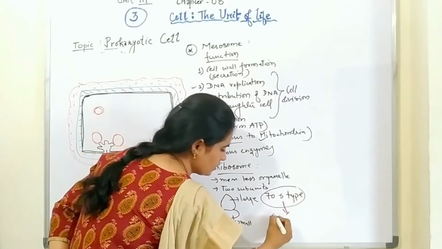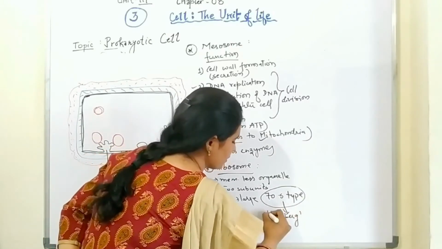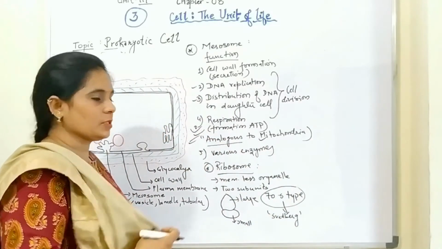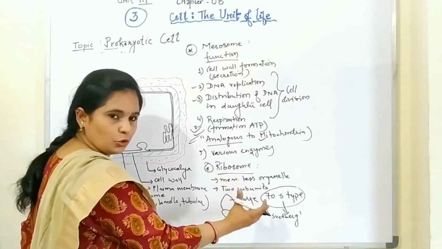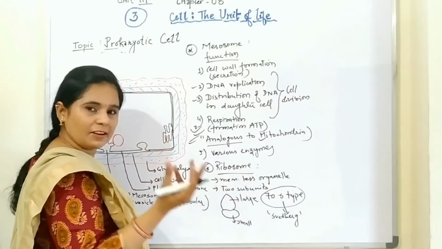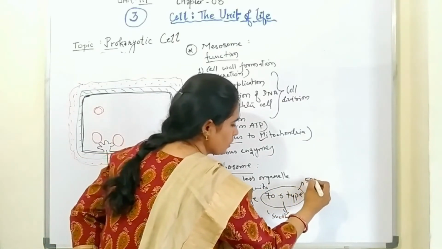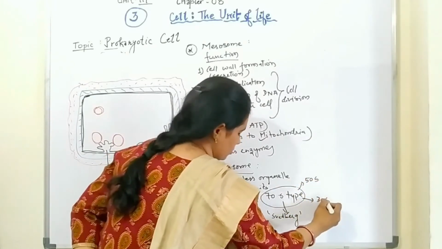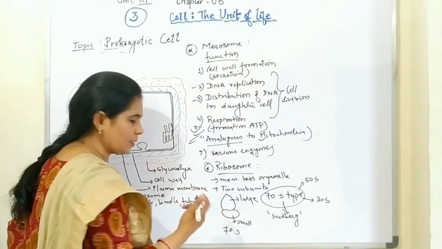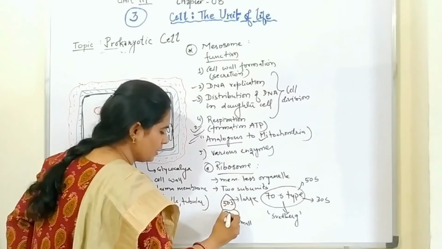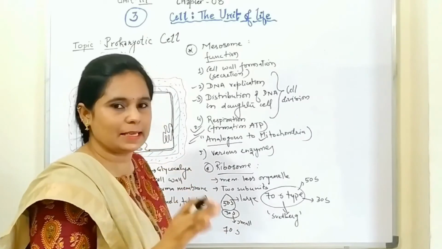Now, what is S? It is the unit, Svedberg unit. ठीक है, ये Svedberg यूनिट है, which is the sedimentation coefficient. Fine. अब अगर आप 70S को सेंट्रीफ्यूज करोगे सेंट्रीफ्यूगेशन मशीन में, you will find it is made up of two more subunits, 50S and 30S. So the diagram which I have shown you is of 70S. और 70S के दो सब यूनिट्स हो गए, 50S and 30S. प्लीज इनको सम अप मत करना, सम अप करोगे तो 80S हो जाएगा, बट सम अप नहीं किया जाता है.